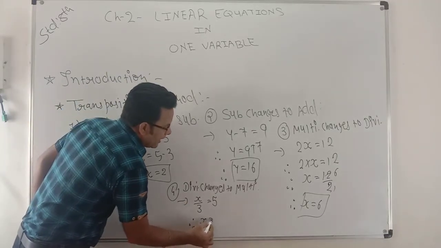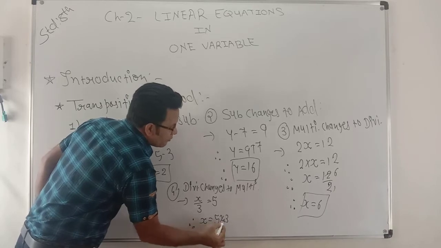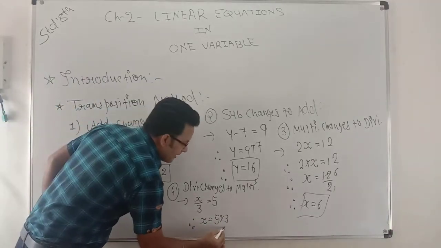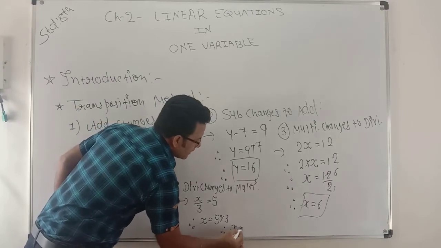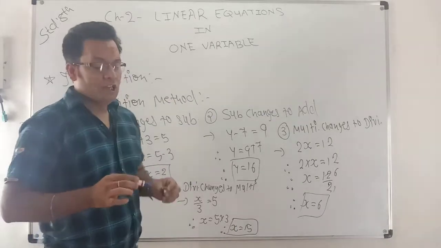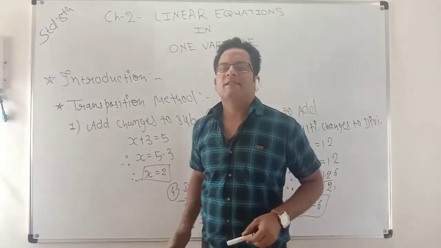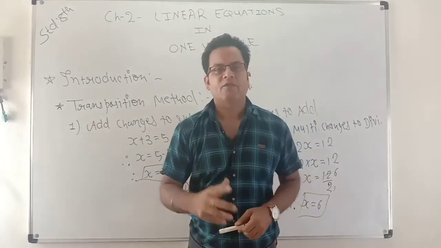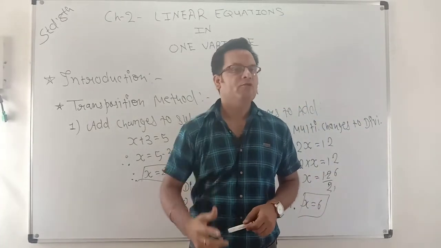Therefore, x is equal to 5 into 3. Division changes to multiplication. And therefore, x is equal to 15. So these are the 4 things which, if you understand, then the chapter will be very smooth for you to